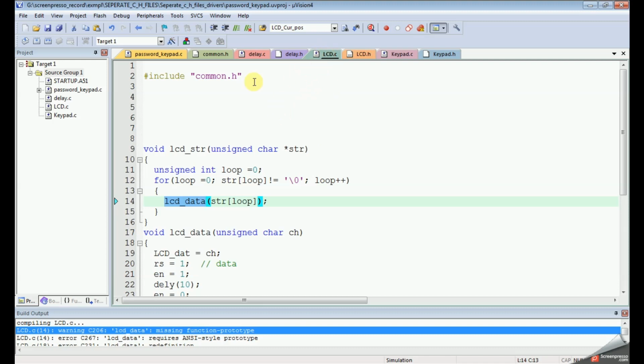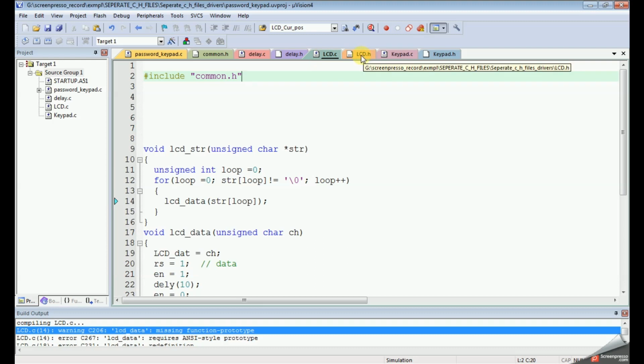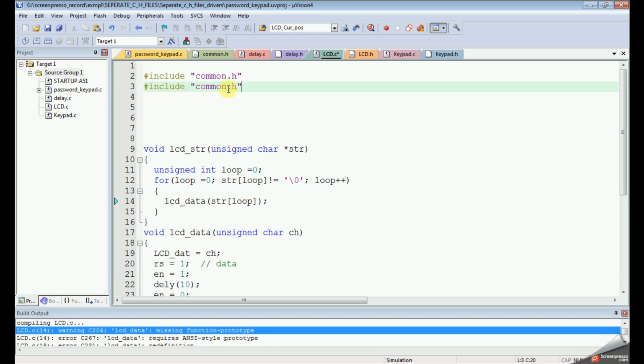Here we missed something: all .c files should include their .h files. The header files are missing here, so that is the error.